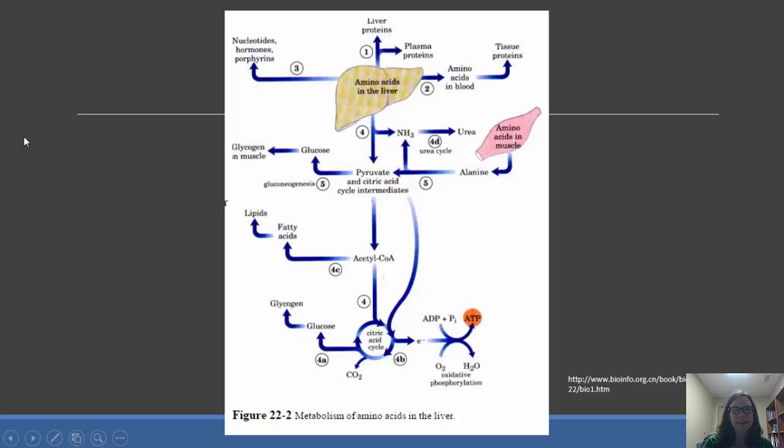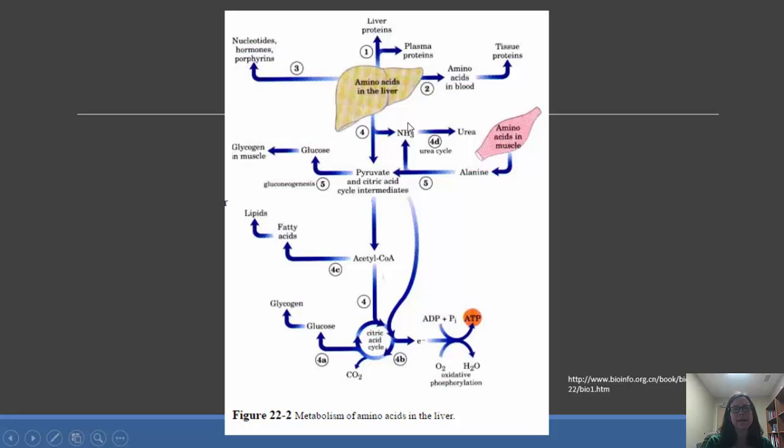And we have a nice graphic here that just kind of shows everything that we've been talking about. So we have amino acids in the liver. They can be released into the blood for tissue proteins. They can be used to synthesize nucleotides, hormones, or protoporphyrins. Or they can be